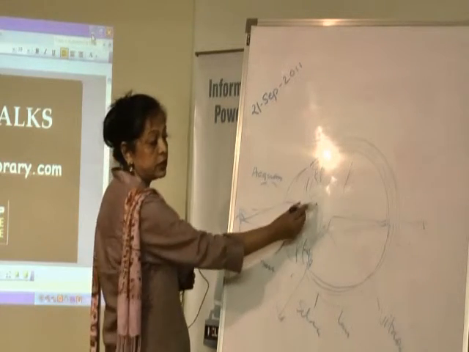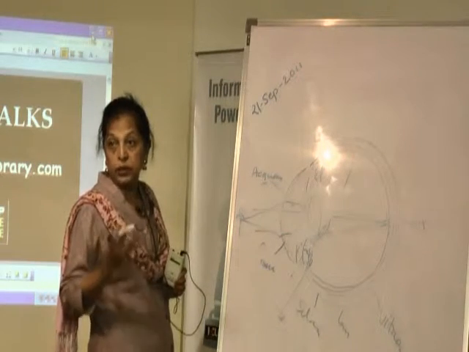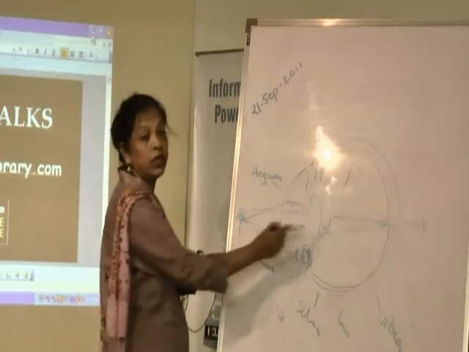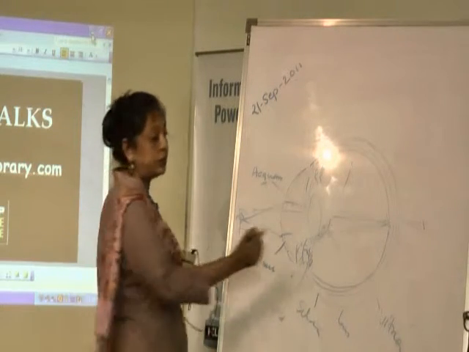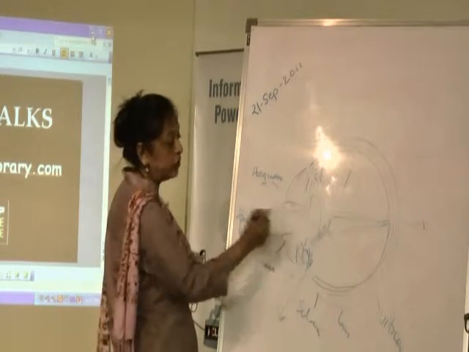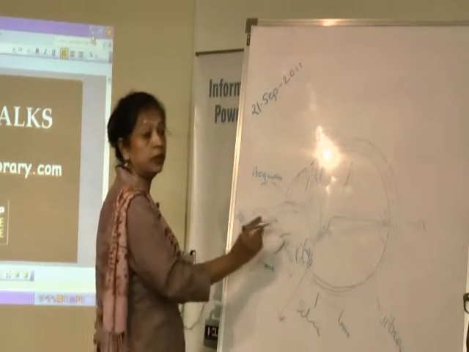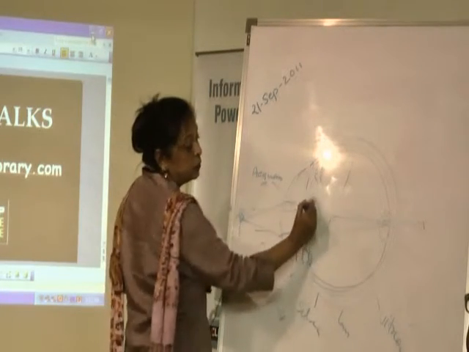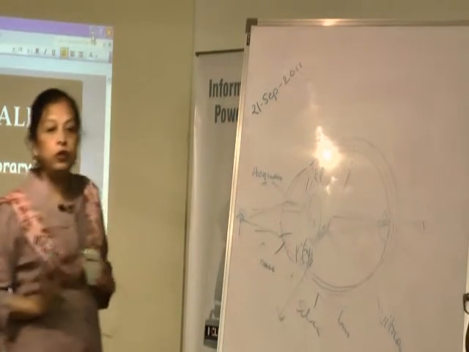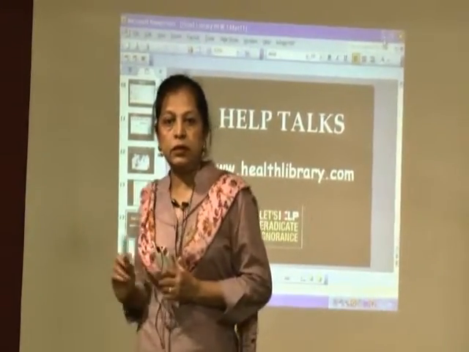Now suppose this lens which is clear becomes a little opaque. The transparency of the lens is reduced. You understood, no? The transparency of the lens is reduced, and because of that the image which is seen is blurred, and that is known as cataract. You understood this cataract? What is cataract?